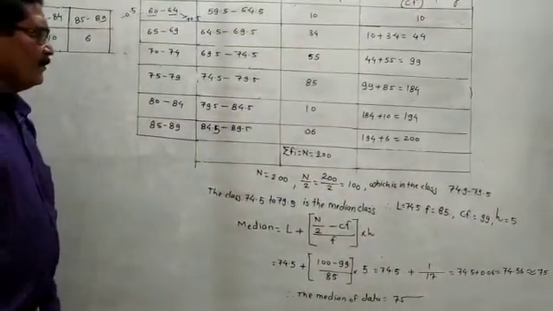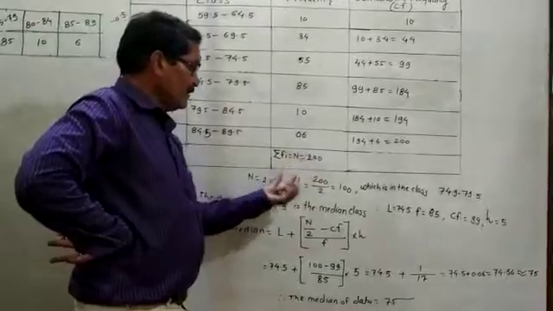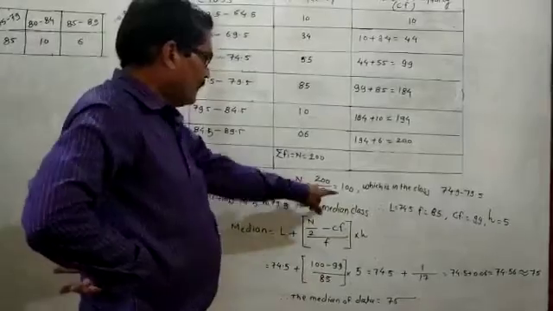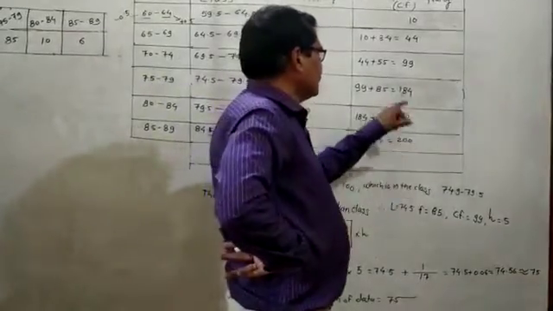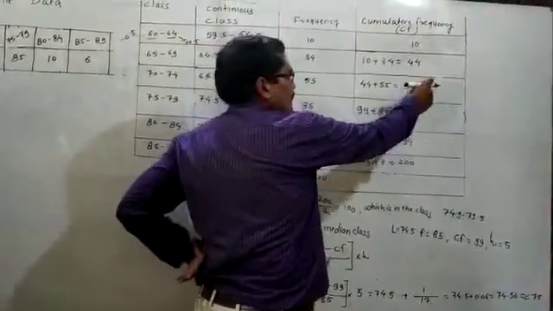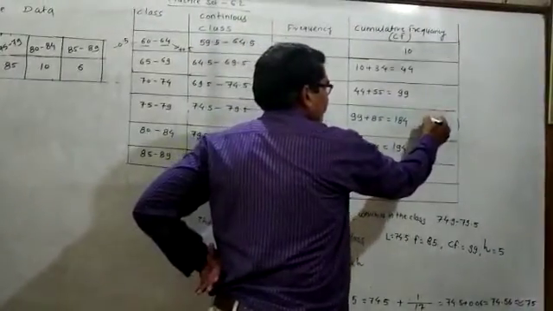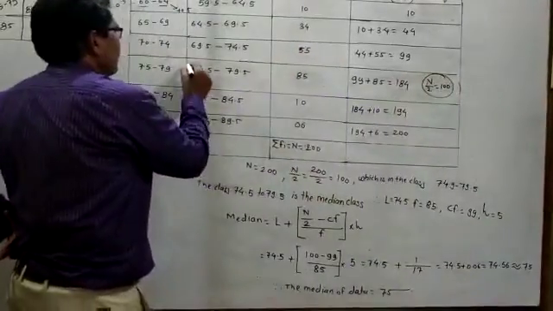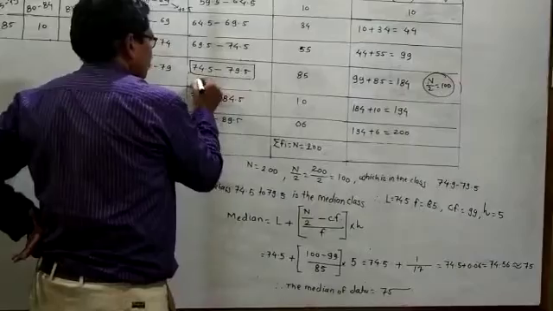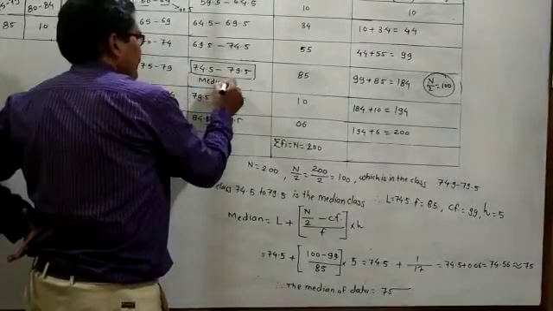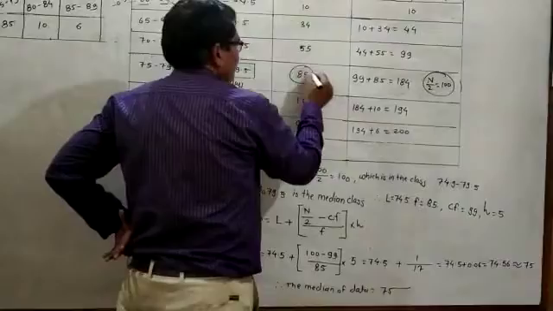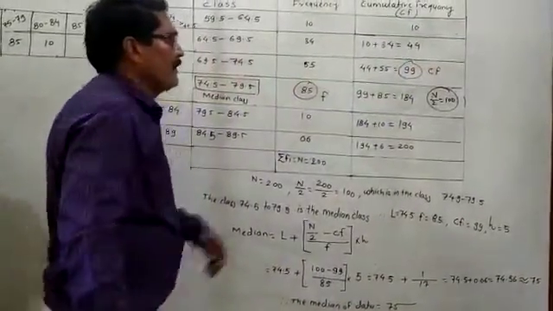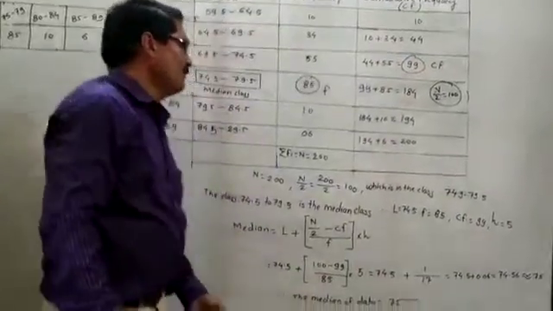Then here you have to find out the n. Sum of fi is equal to n is equal to 200. 200 upon 2 is equal to 100. This 100 frequency will come in this class, where the cumulative frequency is 99. So I will say that n upon 2 is equal to 100. You will observe this frequency in this class, and this class is called the median class. The cumulative frequency preceding the median class is called the cumulative frequency.